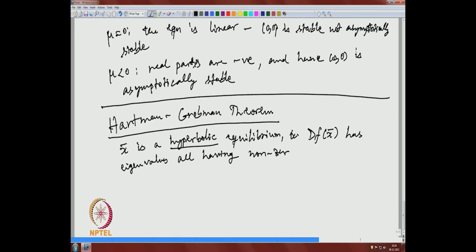This is important, non-zero real parts. So, in this context, when x bar is a hyperbolic equilibrium point, the Hartman-Grobman theorem says that